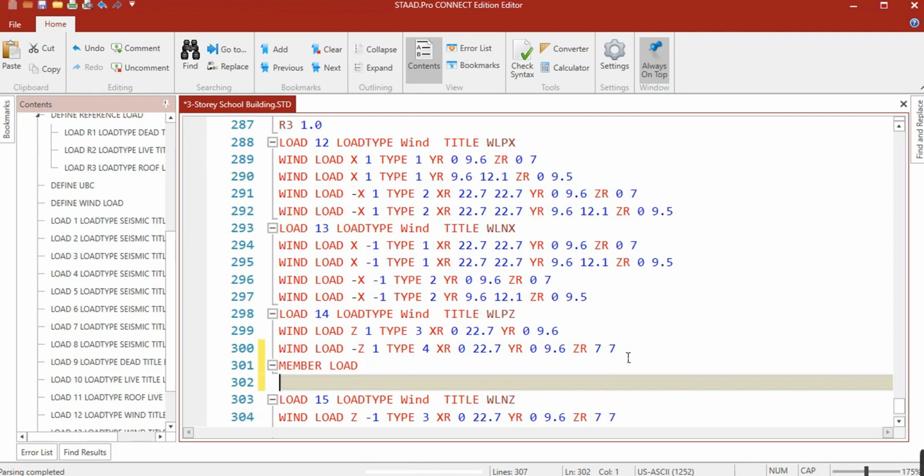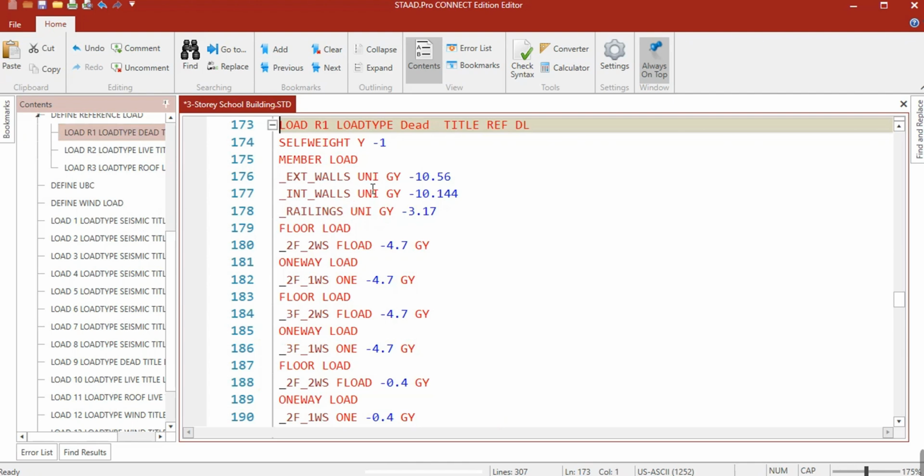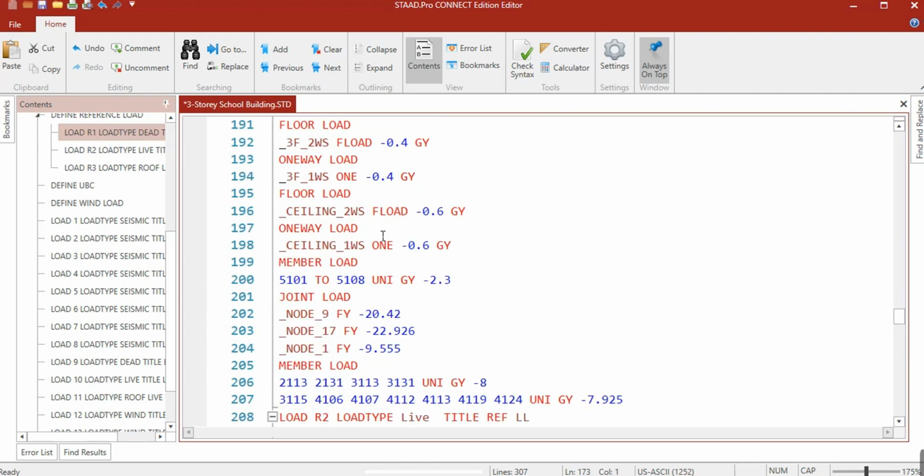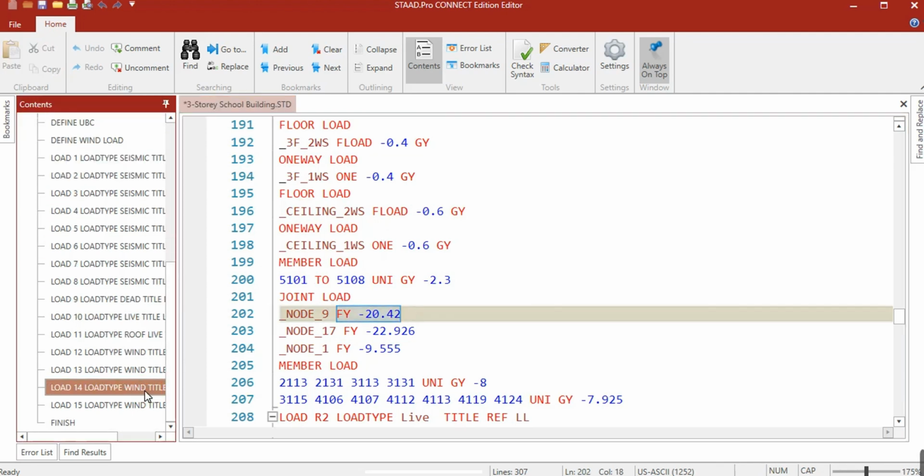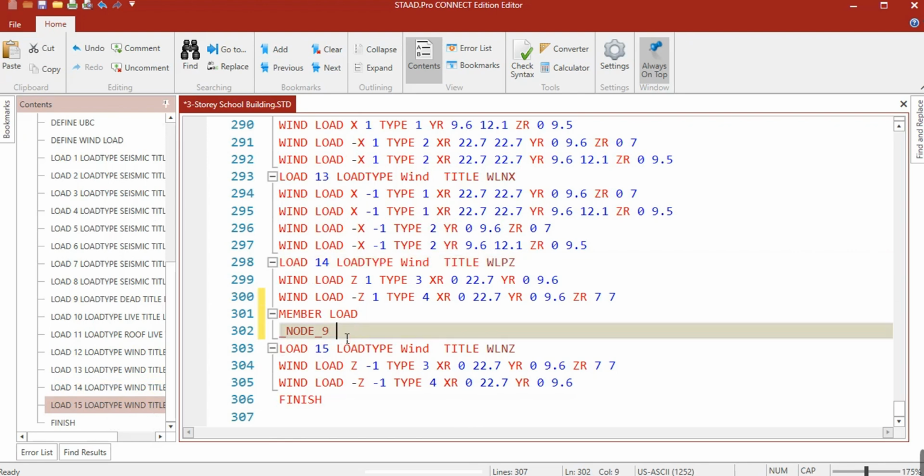Then for node 9, underscore node 9, let's check the loadings. So nodal FY, okay, FY.